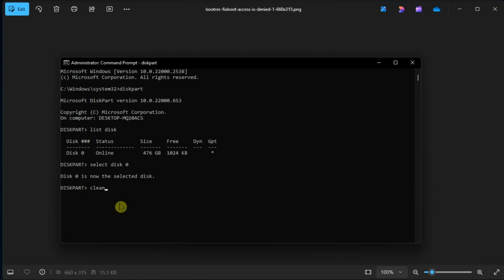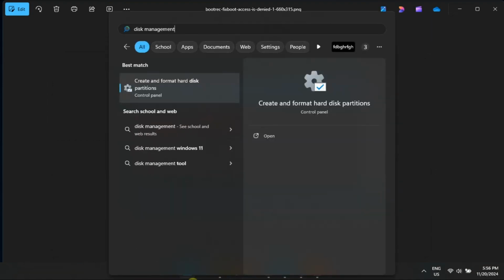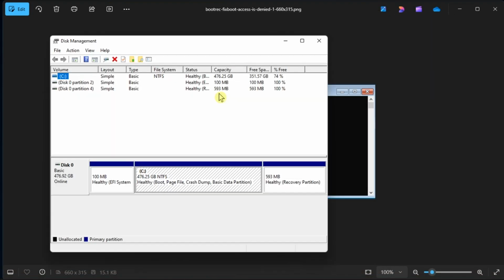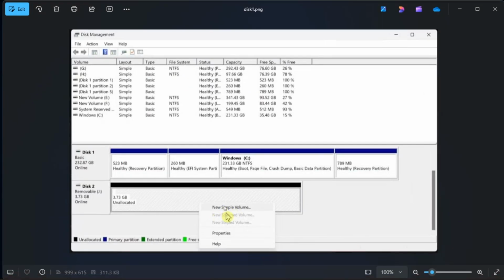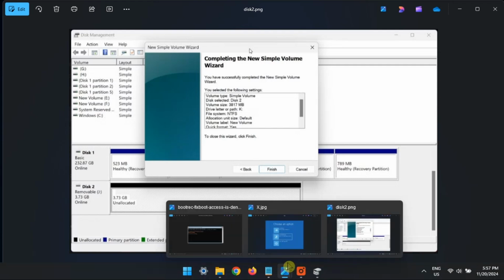Once done, close diskpart, then press the Windows key, search for Disk Management, locate your USB, right-click, choose New Simple Volume, and then complete the wizard. Now when the USB is ready, right-click on it, and select Mark Partition as Active. To create a USB bootable drive, download any ISO to USB tools out there, connect it, then in Windows Setup,